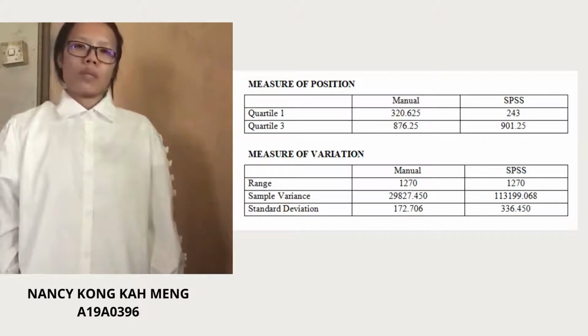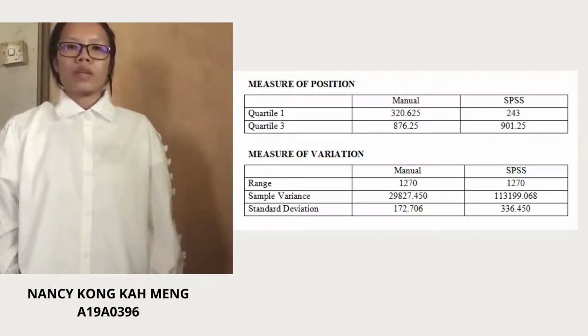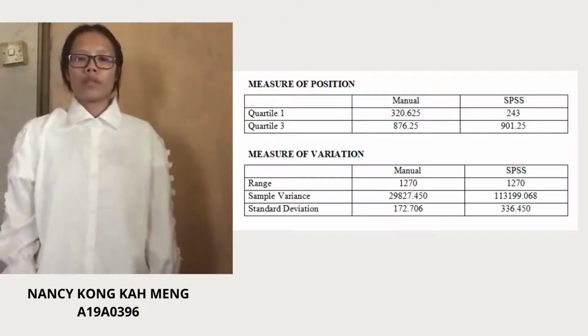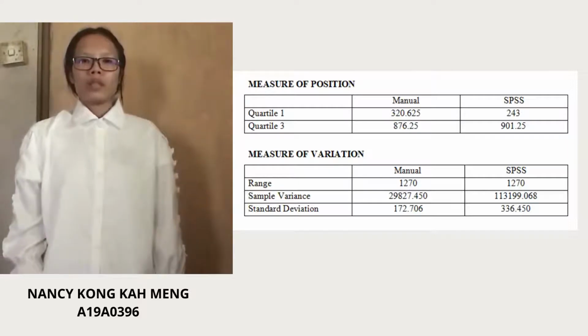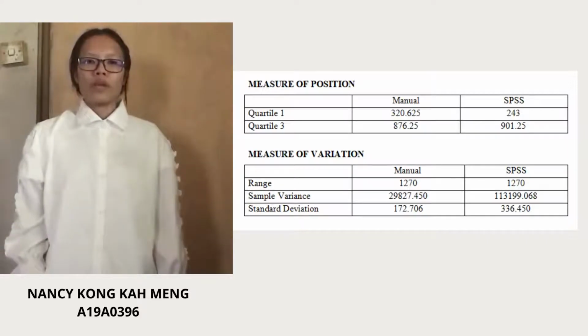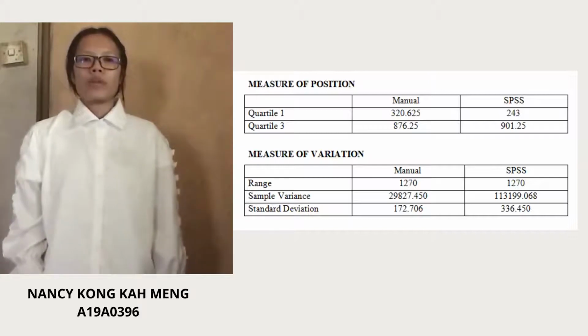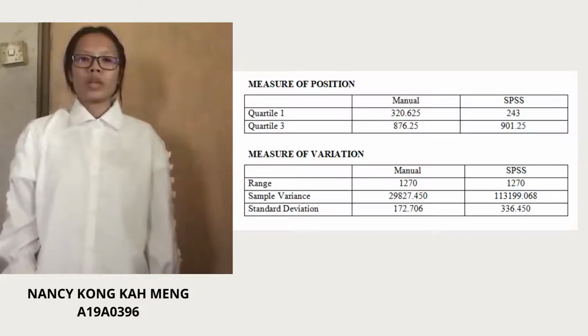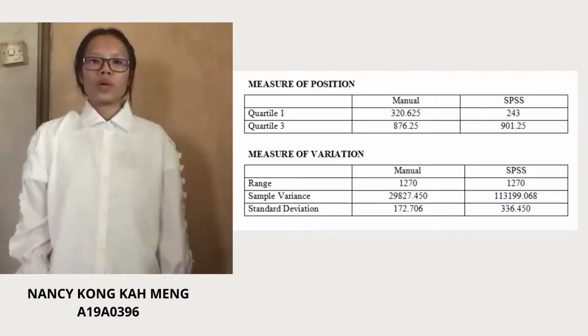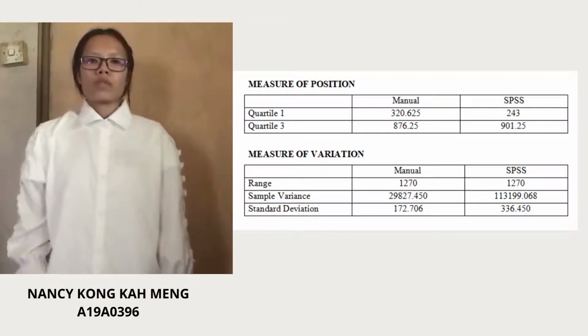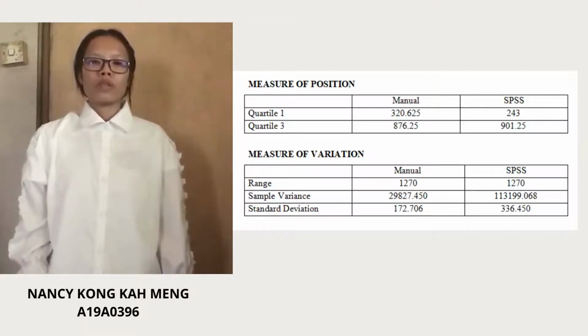Comparing the manual method and the SPSS method, the results show that both have the same result for range, that is 1270 units, but different results for sample variance and standard deviation. For sample variance, the manual method gets 29,827.45, while SPSS gets 113199.068. For standard deviation, the manual method gets 172.706, while the SPSS method gets